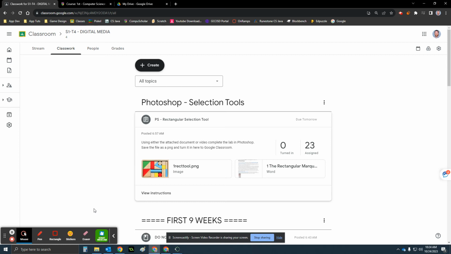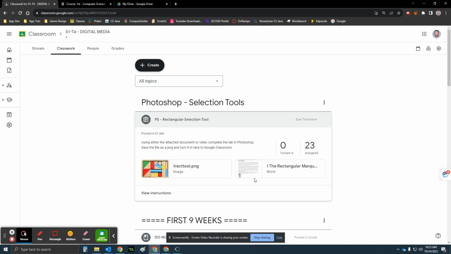All right, so we are working on Photoshop today. This is your first lab in Photoshop. I'm going to show you a couple things. I'm going to show you how to download the images. We'll look at the lab itself. I'll show you how to open up Photoshop, a little bit of the tools and how Photoshop looks and